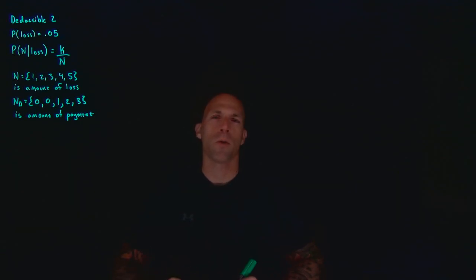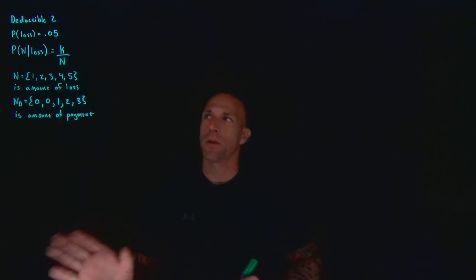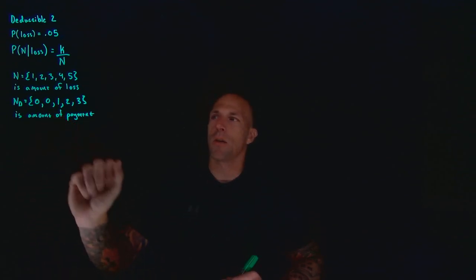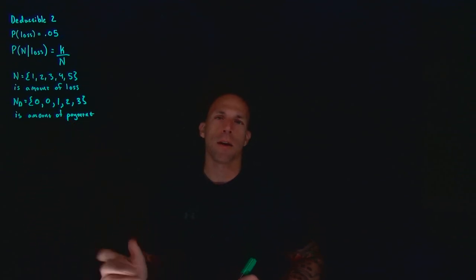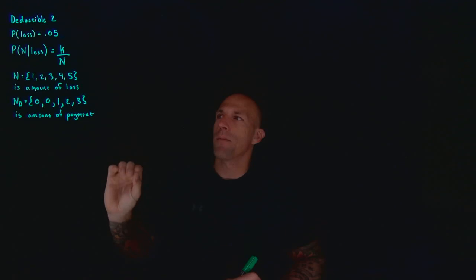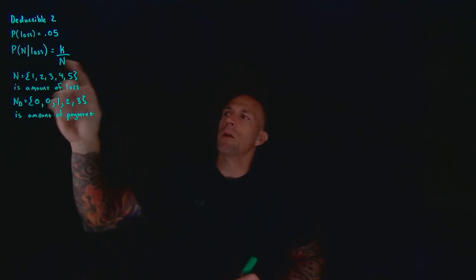This is problem number 49. It is another deductible problem and an expected value problem, but in this case our loss values are discrete and not continuous, so there's no integration to be concerned with. We're given a deductible of 2, a probability of loss at 5%, and then given that there was a loss,